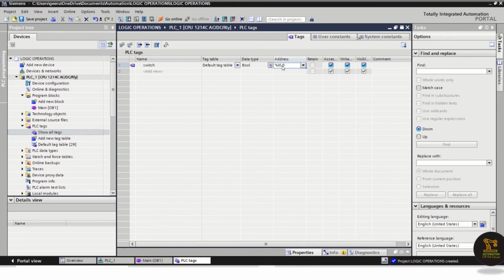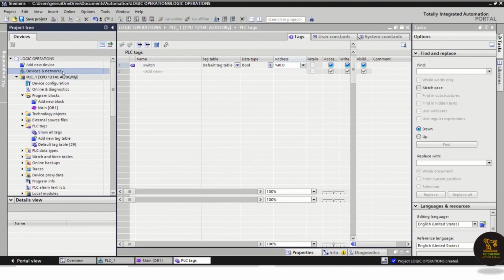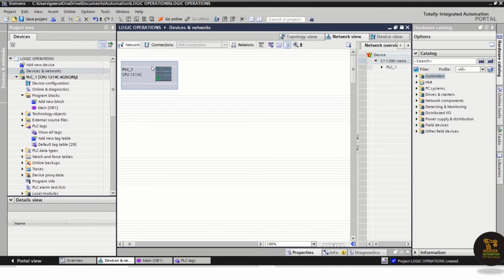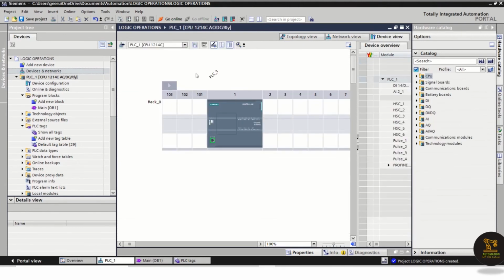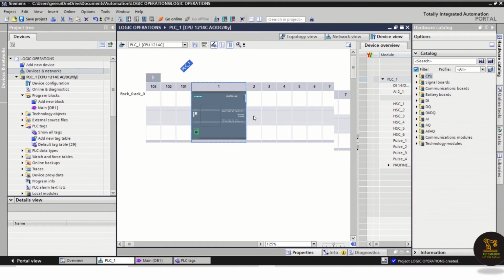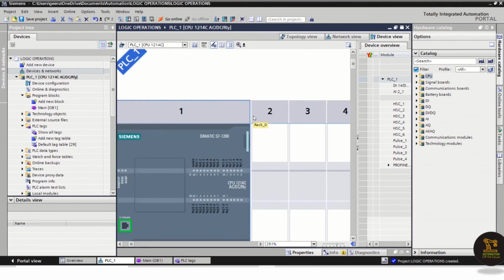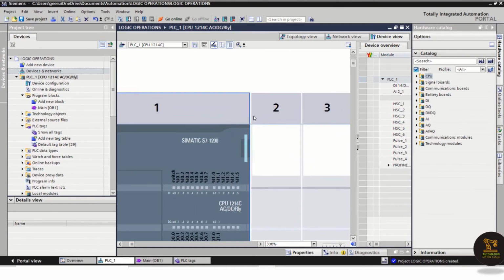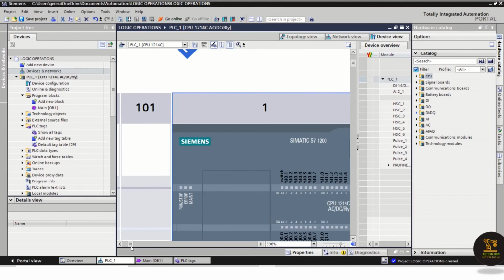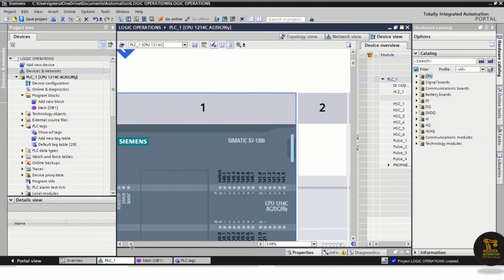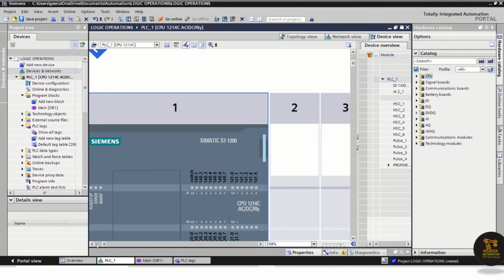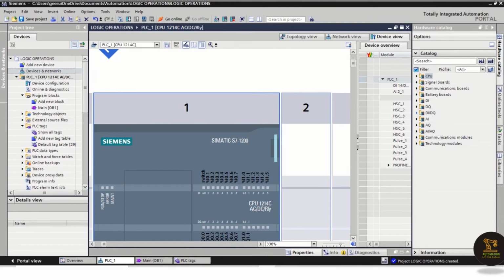So I know that you are seeing everything in the virtual, so for you it takes time to understand. So I'll show you. I'm just zooming this PLC, what is there in the software. See, when I'm zooming here you can see, I told you these are the digital inputs. If you are following our class every day, then it doesn't take much time to understand this. If you miss it, then I think it is a little difficult for you.